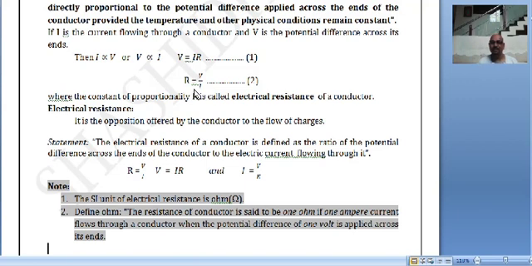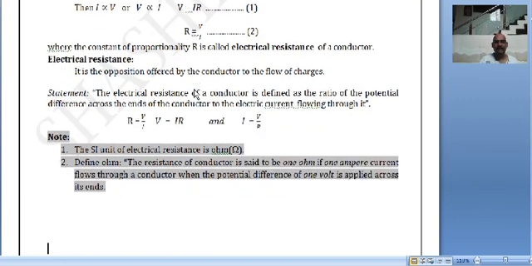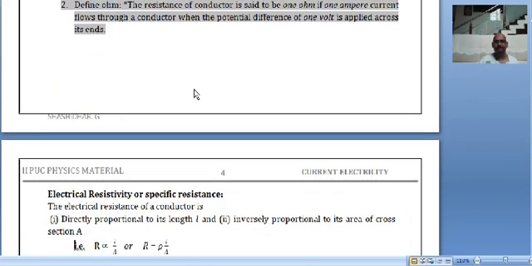Remember, very simple. You have a wire, a conductor, apply the potential difference which is equal to 1 volt. Current flowing is say 1 ampere. So 1 volt per ampere, that itself is 1 ohm. 1 volt per ampere is 1 ohm. So if the potential difference applied across the ends of the conductor is 1 volt and the current flowing in the conductor is 1 ampere, then the resistance of that conductor is said to be 1 ohm. That's it dear students, that is the unit of resistance, remember that.